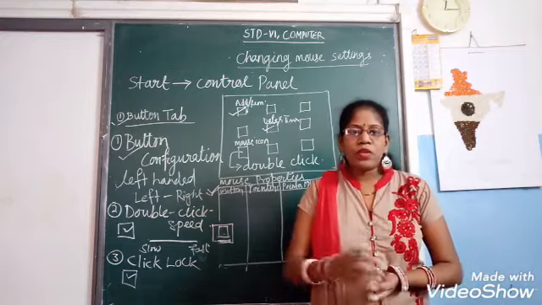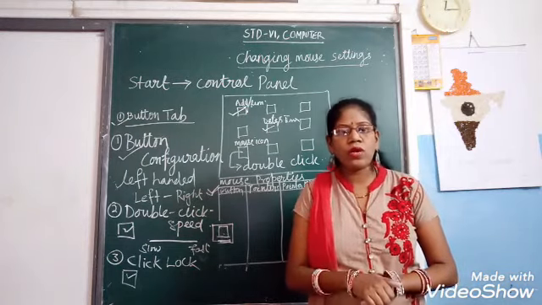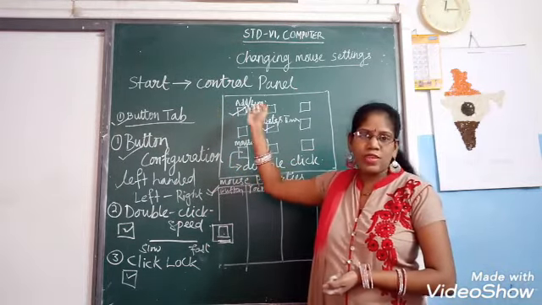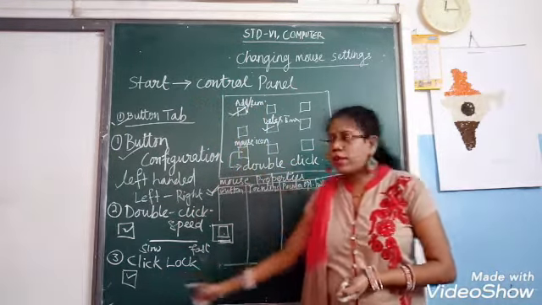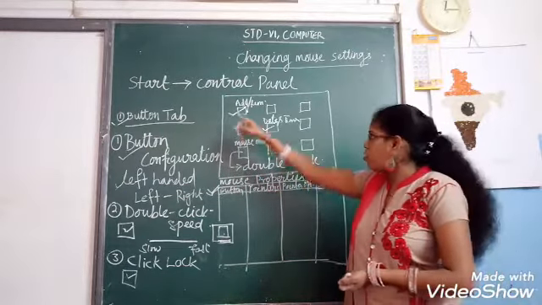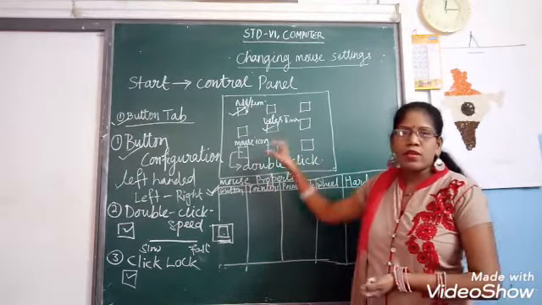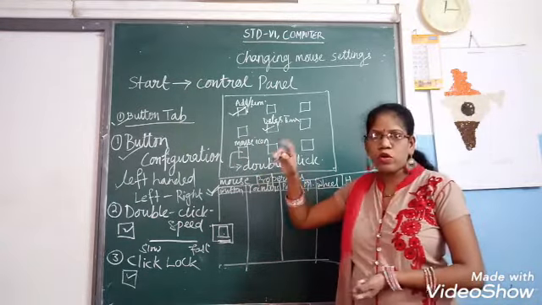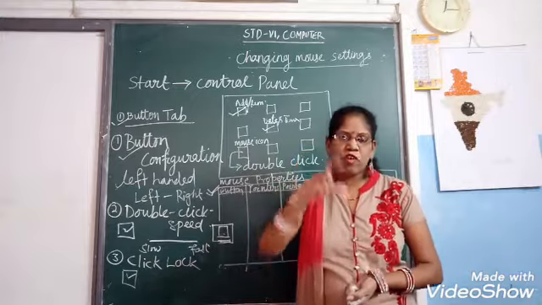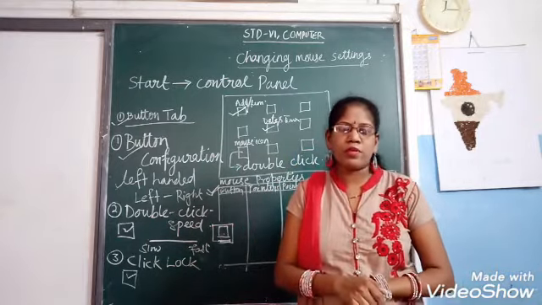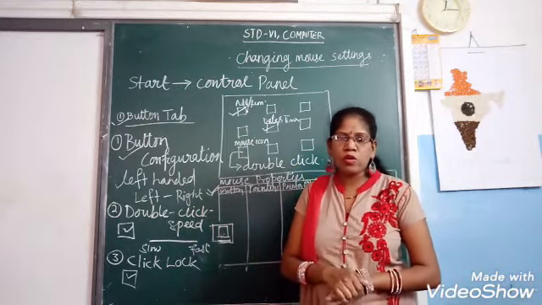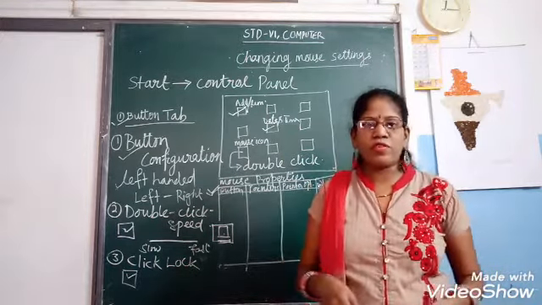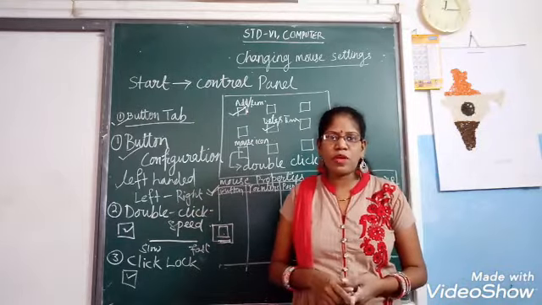So these are the things you can do in your mouse settings. How will you do it? You have to go to the control panel. Go to Start and select the control panel. The control panel page will come. From there, see where it is written mouse. So, settings of mouse. In some computers there will be a picture of a mouse in the mouse icon. You can click on the mouse icon. When you click on it, the Mouse Properties dialog box will be displayed.